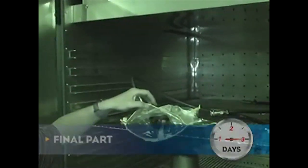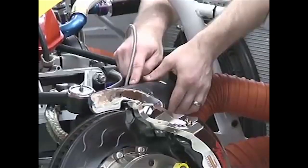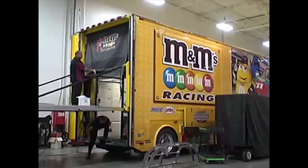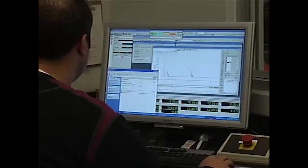But in addition to that, we can also use the technology to produce interior parts of the car, changing parts on the dashboard that perhaps the driver asks us to modify for them. One of the terms we like to use is rapid customization. So if the driver comes back from the track on Monday and says, I want to move this gauge 3 inches to the right, well, we can